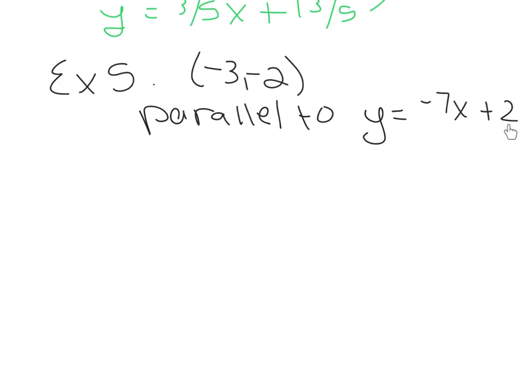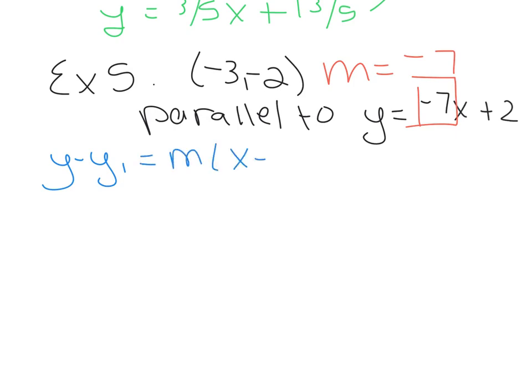Since this is in y equals mx plus b, our slope-intercept form, you can see the slope right here is -7. So we're going to apply that slope to our new line, and we're going to use the point slope formula. y minus y1 equals m times x minus x1. The slope is going to go here. That would be -7. This will be x1 and y1 here. So that's going to come out to be